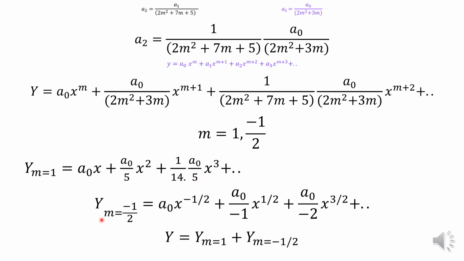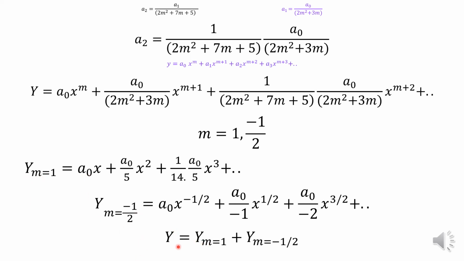Similarly, we will try to find the value of y for m is equal to minus 1 by 2. So put m is equal to minus 1 by 2 here, a naught as such, x to the power m, x to the power minus 1 by 2, because m is equal to minus 1 by 2. Similarly, a naught as such here, minus 1 by 2 we are putting. If you try to solve this one in this way, x to the power minus 1 by 2 plus 1, x to the power half, a simple mathematics is here. So please try to solve this one.